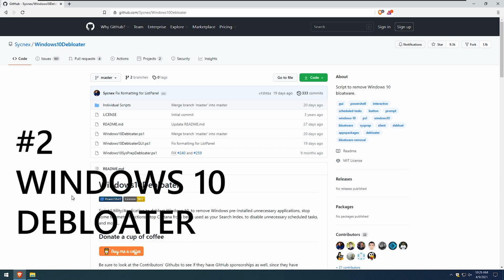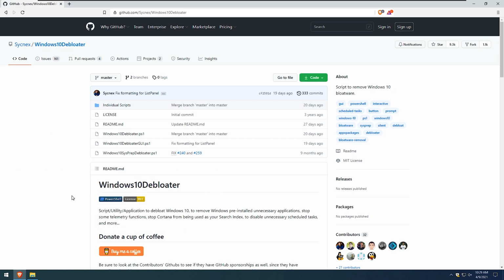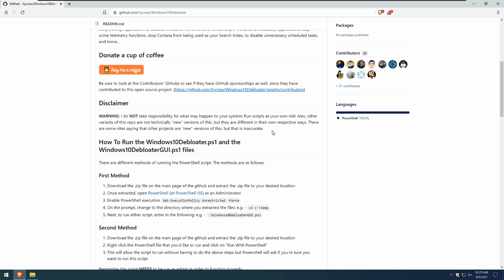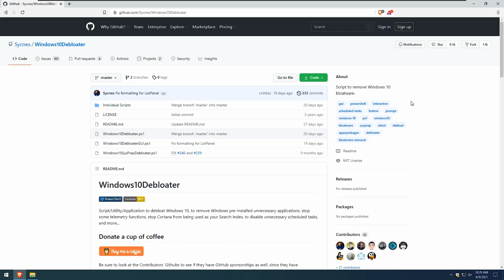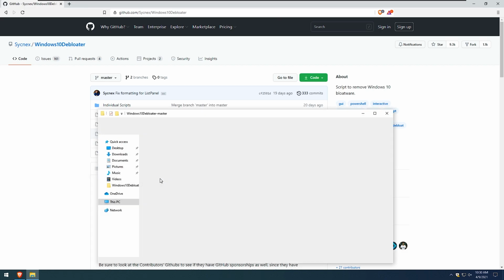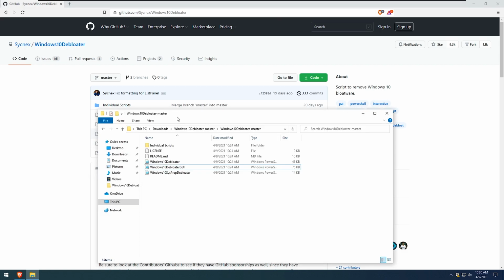So the second tool that will help you make Windows 10 faster is actually Windows 10 Debloater by Sycnex on GitHub. This will actually help to remove some things from your Windows system. So let's get started and click here on the green arrow code here and click download zip right there. I already did that. So go to your Windows 10 downloads, extract the file, and you will see there 3